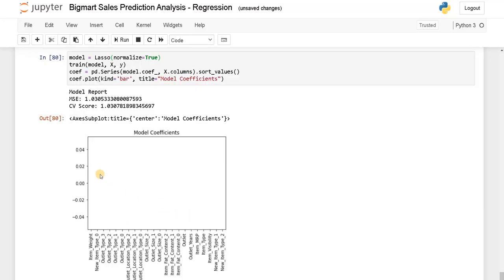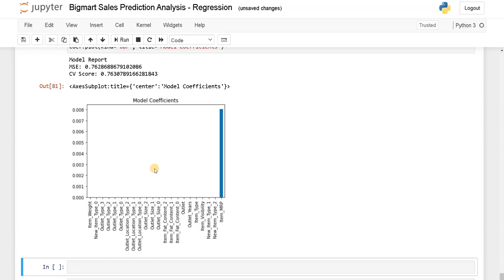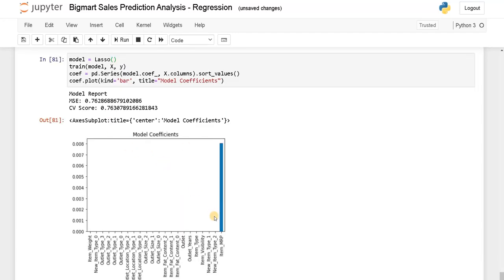Here, lasso is not picking anything. I think it's normalized so much. Let's remove this and run it. If you remove that, it's just taking item MRP as a major coefficient. Other than that, it's not taking any of those. We have already seen that item MRP has higher correlation. I think because of that, it's taking item MRP. Let's go for some advanced models